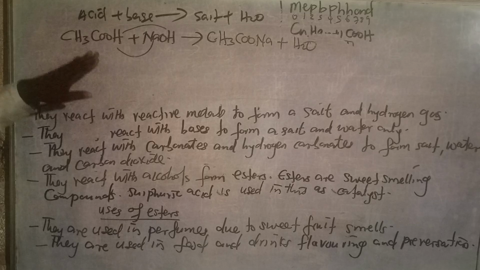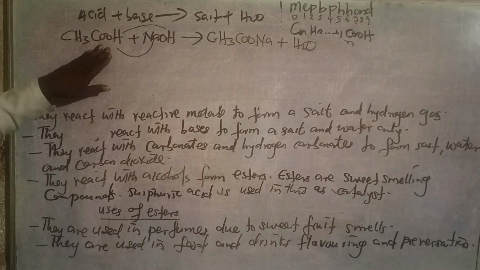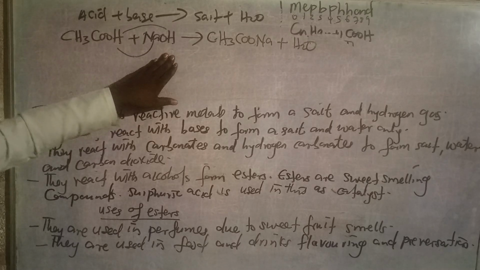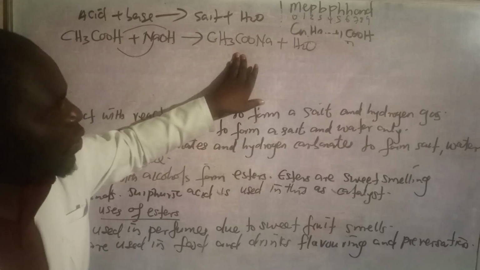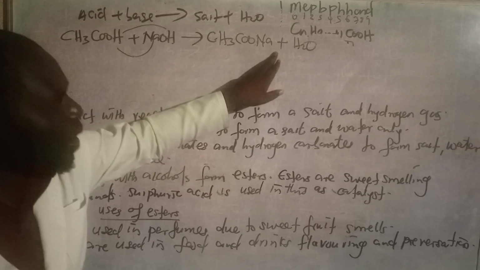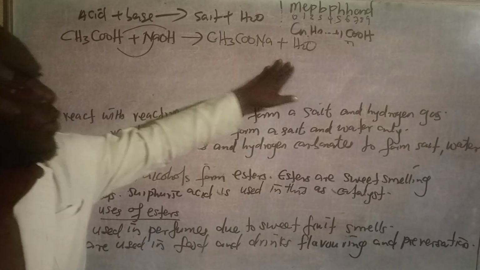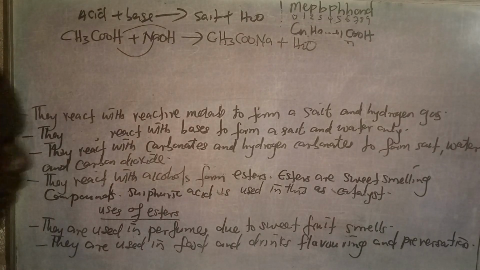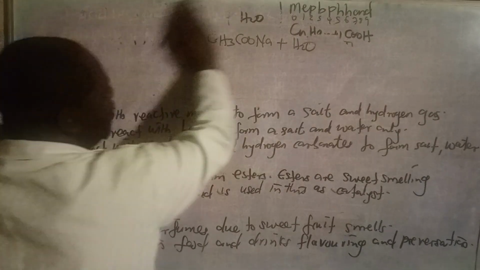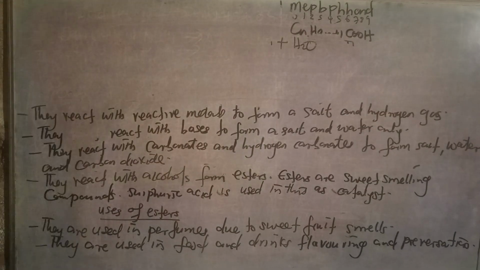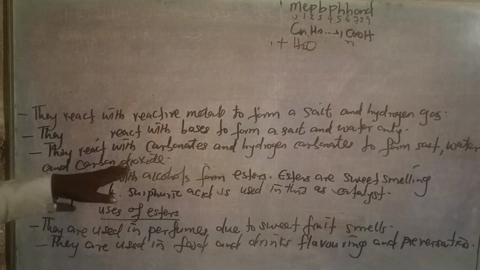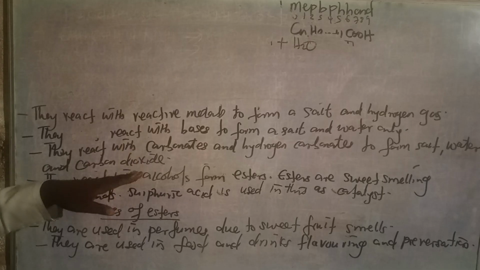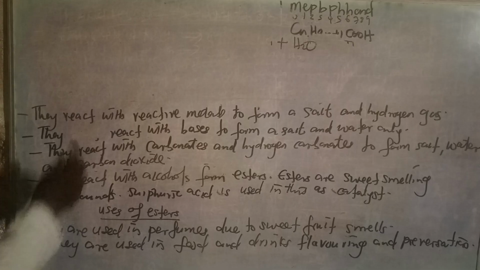So you need to know that when acid reacts with base, the product is salt, which is sodium ethanoate, plus water. Then I'll go to the third point here. The third point is that they react with carbonates and hydrogen carbonates. So it means acids